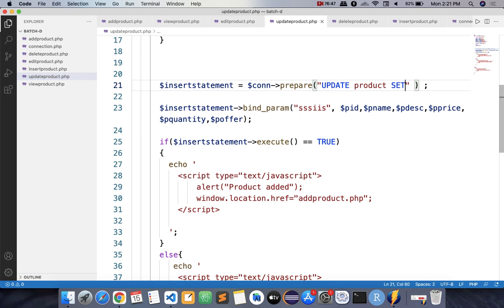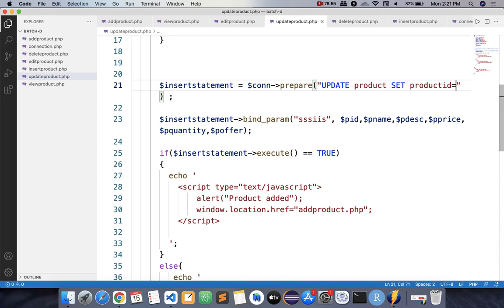Set, then the column name. What is your column name? That is product ID. Okay. Product ID will not change. No? Sir, it will not change, product ID will change? Product ID. Okay, we'll keep it as product ID equals new value.